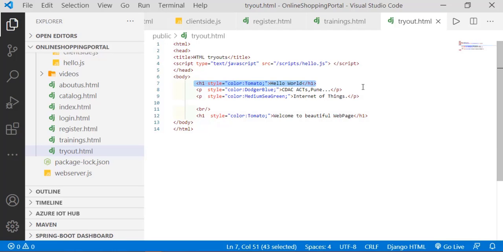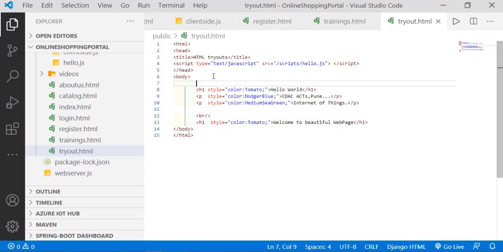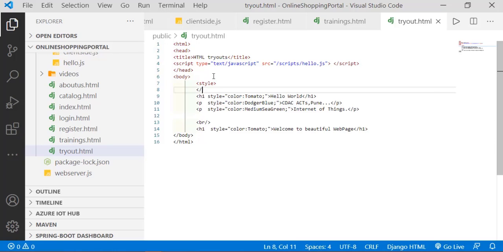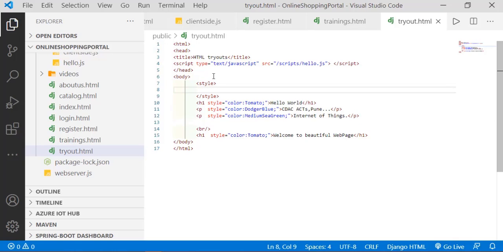So I could just do one thing. If you have this kind of requirement, just come here and try something. What can I do? Can I go back under this body, and under that body I'll write something called style. Style. And can I define the style? Under the style, can I define only for H1 this particular style? So can I define a uniform style for all H1?